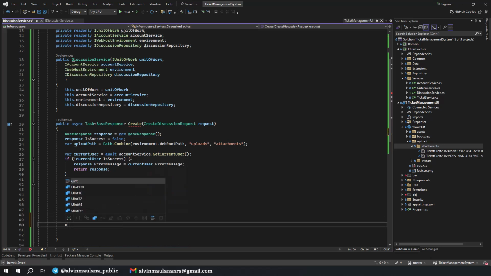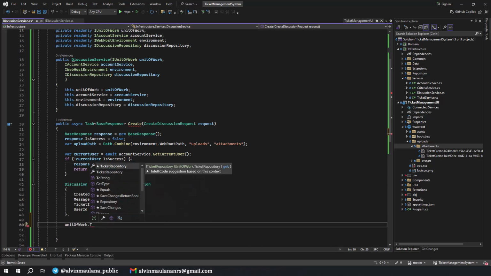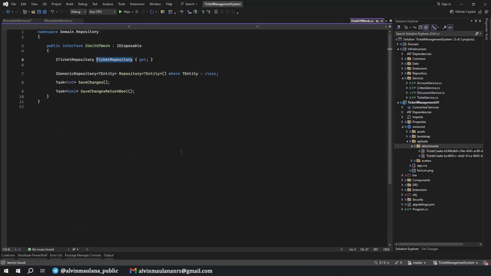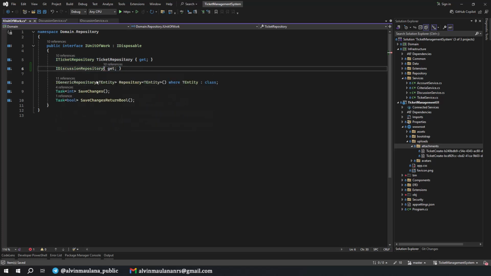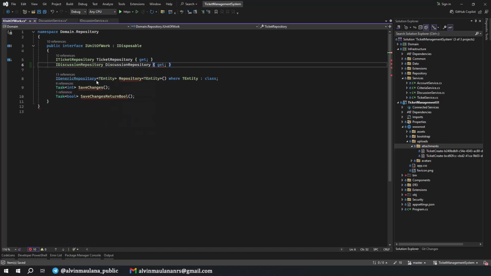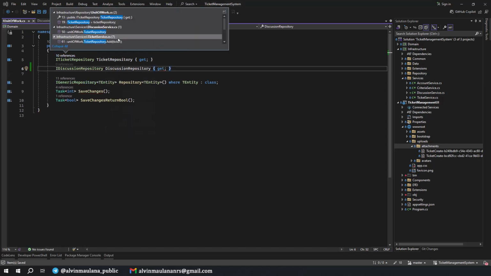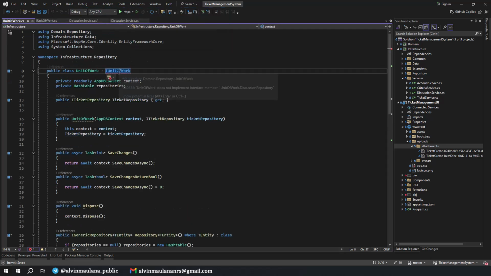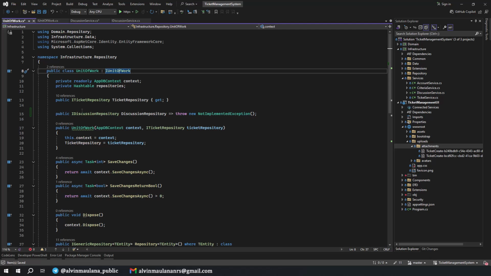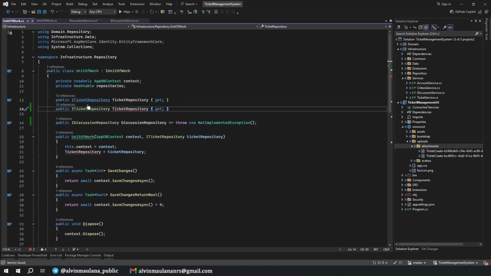And we need to do unit of work discussion. Oh, we don't have it, we only have ticket repository. Oh, I forgot to add it in here. We need to have I discussion repository, and then the implementation, we go to the unit of work. Okay, we need to do the same as we have with the ticket repository.